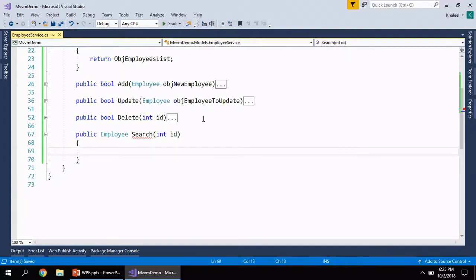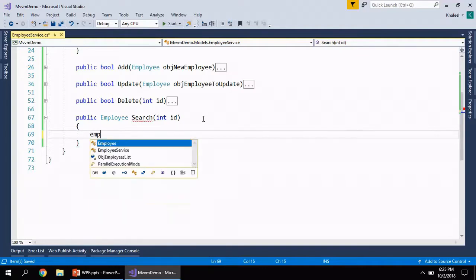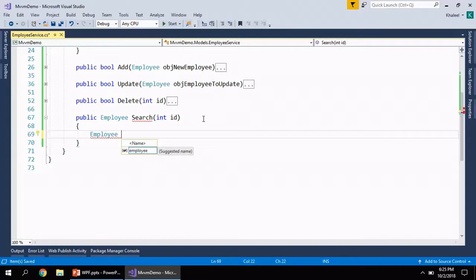In case the employee is present, we will return it. If the employee is not present, then we will simply return back null. So here we'll create an employee object, say objEmployeeReturn.